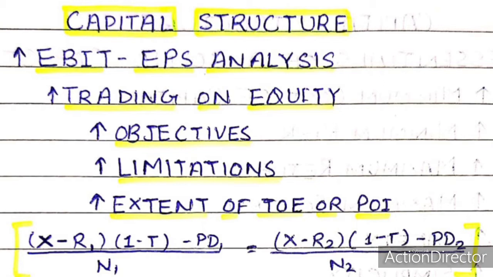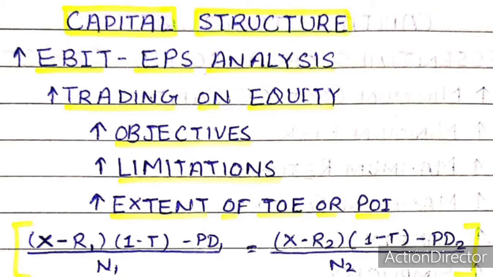Trading on equity. Trading on equity is an arrangement under which a company makes use of borrowed capital carrying a fixed rate of interest or dividend in such a way as to increase the return on equity shares. For example, suppose the capital structure of a company comprises equity share capital of rupees 1 lakh and 6% debentures of rupees 2 lakh. If the average rate of return on total capital employed is 10%, the company will earn a profit of rupees 30,000, that is 10% on rupees 3 lakh.